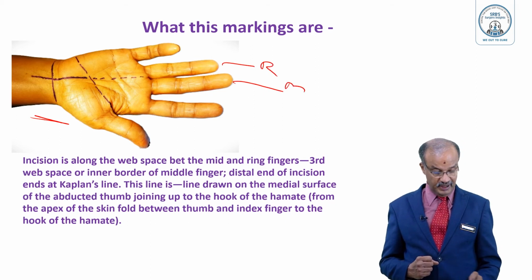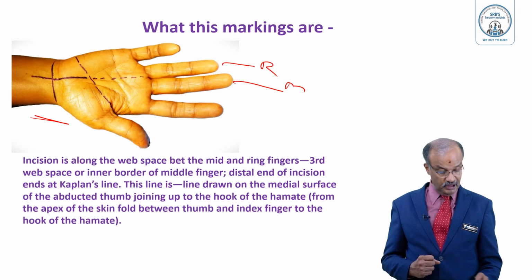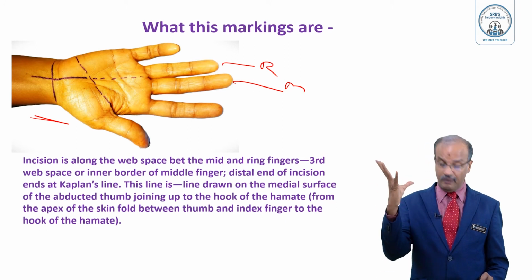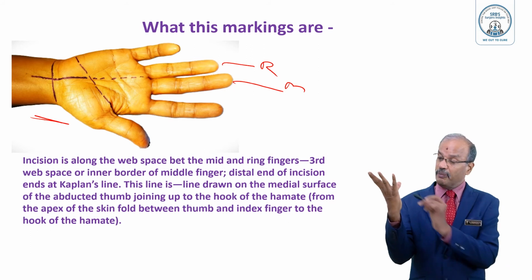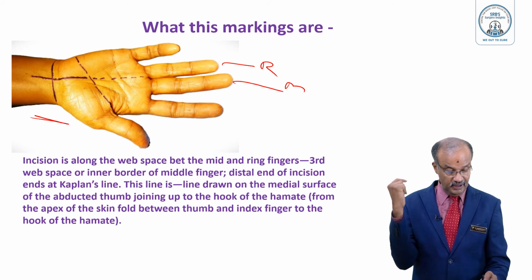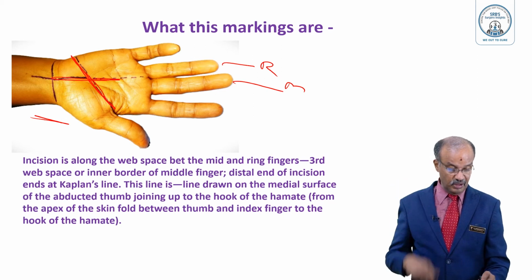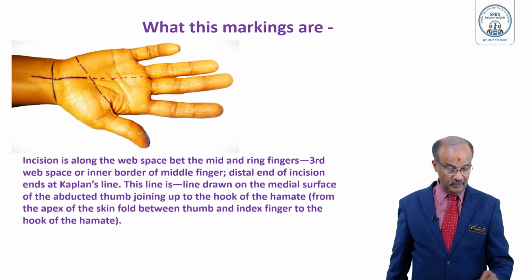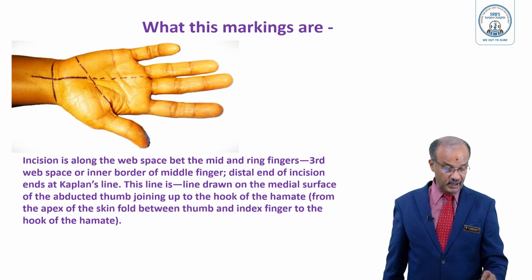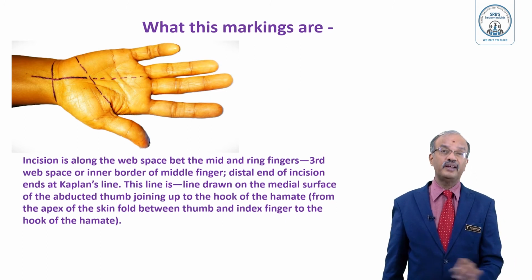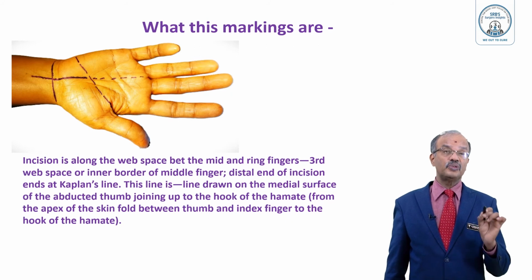called Kaplan's line. It is a line drawn on the medial surface of the abducted thumb joining up to the hook of the hamate here, like this. This is called Kaplan's line, and this is important where this intersects with this crease line. Just lateral to that, you have to put an incision to do the release of the carpal tunnel, to cut